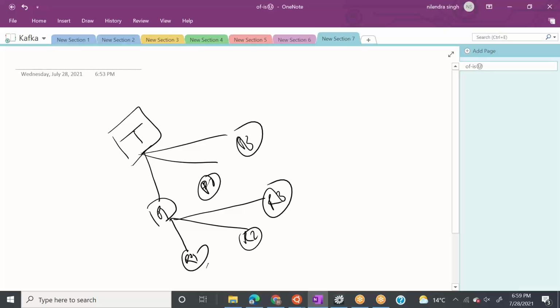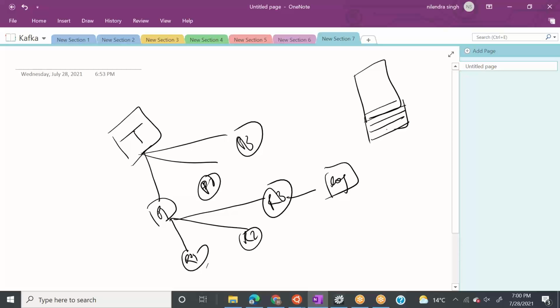So the storage of Kafka is into log. So everything will be stored as a log, right? So what does log mean? Log is a file, a simple file, in which you can only append the data. So everything in Kafka behind the scenes is a log file, right?